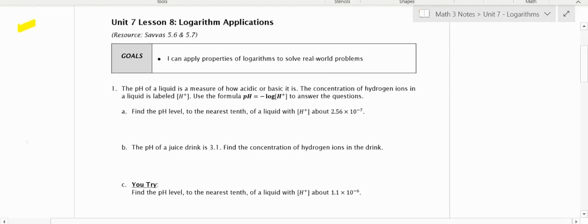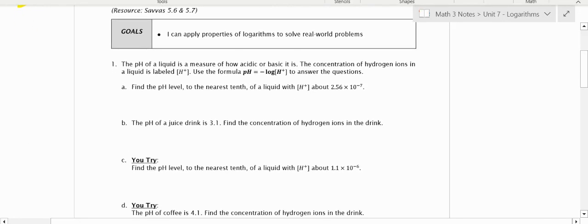Concentration problems. Some of these problems you may have seen in other courses, such as chemistry or science classes, and these are ones that we're going to see in this video, using just some of the basic properties we've done with logs. So the first one says the pH level of a liquid is a measure of how acidic or basic it